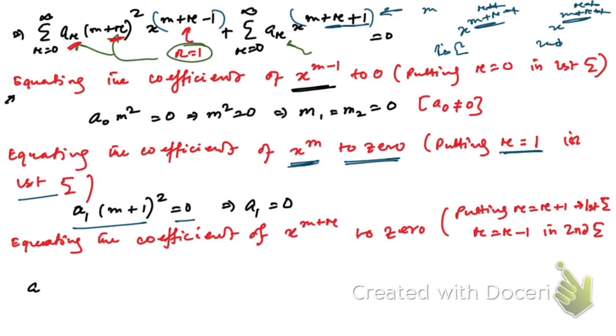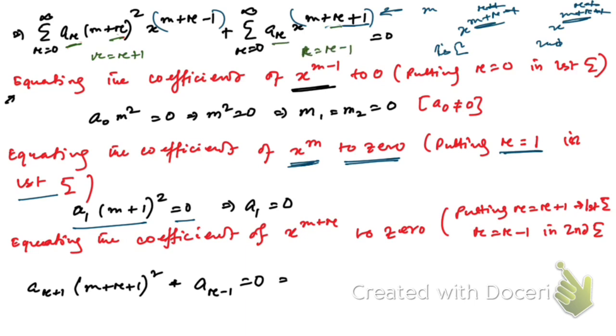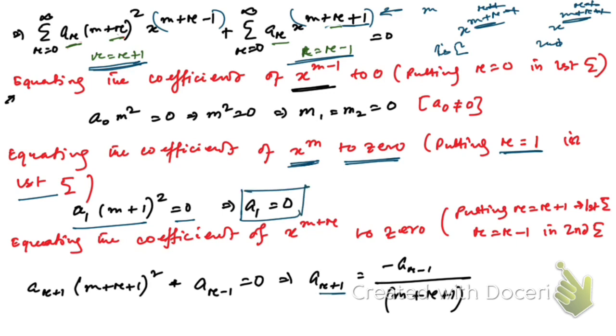So then, doing so, we have got this expression, right? What we have done here is put r is equal to r plus 1 in the first summation and r is equal to r minus 1 in the second summation, and it implies this, right? Now you see, one more thing. If a1 is equal to 0, look at the difference between r plus 1 and r minus 1 in this term. Just wait, I forgot the square here, there should be a square. So the difference between r plus 1 and r minus 1 is 2, right? The difference is 2. So in that case, if a1 is equal to 0,